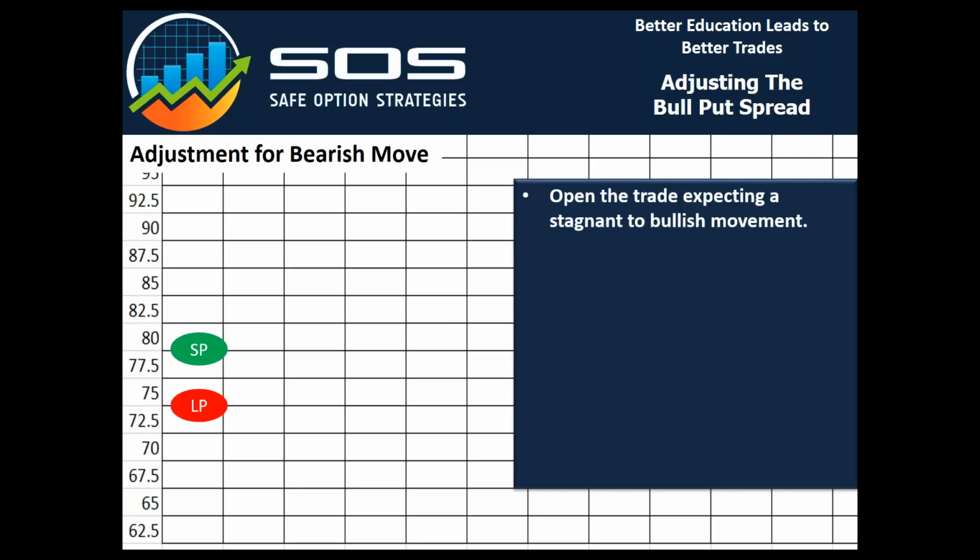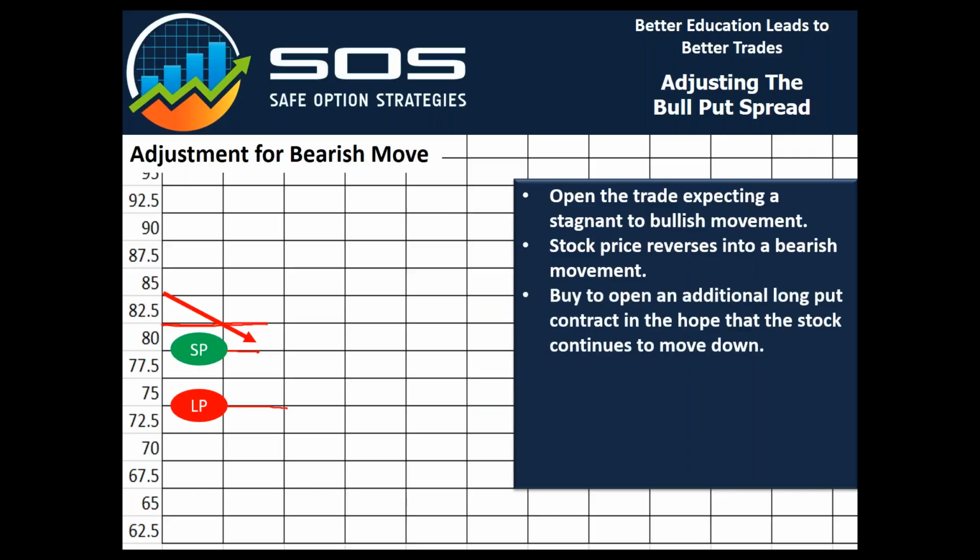We've got our trade, we open it up, we're expecting that stagnant, preferably bearish movement. Stock price reverses into a bearish movement. If we've got a ways to go, if we break the level of support that we set our strike price below, okay, we're saying this is our level of support right here, so we set our original starting strike price below that level of support. If the next level of support is below your long put strike price, we can adjust the trade simply by